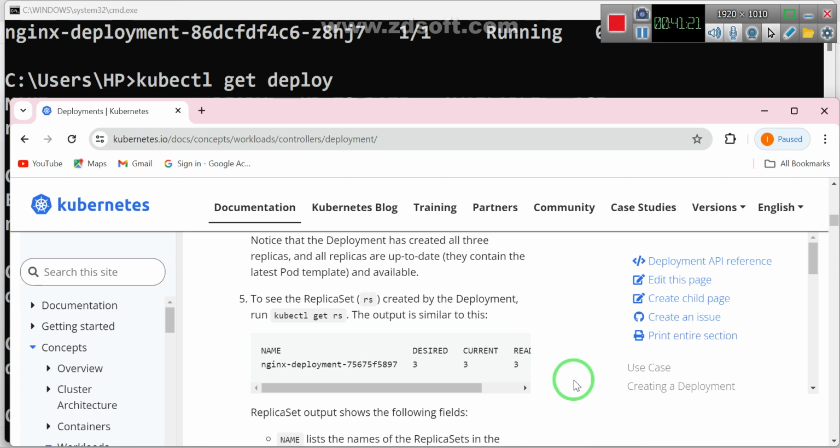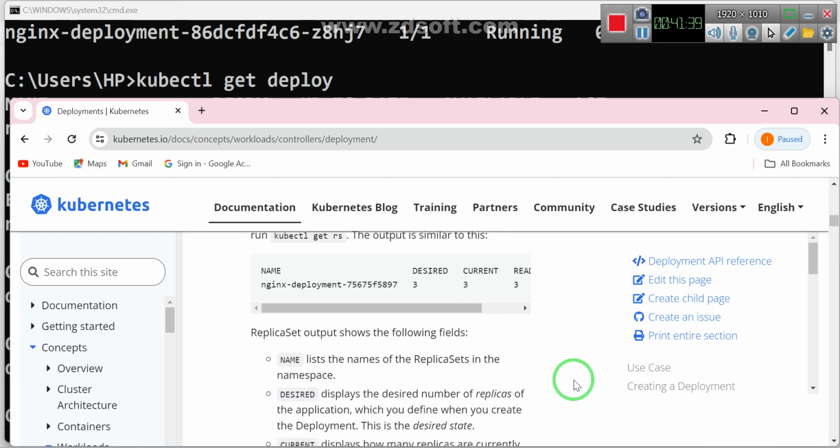Deployment only. Under the control of the deployment only, the replica set is there. If the deployment got deleted, who is handling the replica set? That's why the replica set will also be destroyed. Got the clarity? Yes or no? Yes. Good. Now,